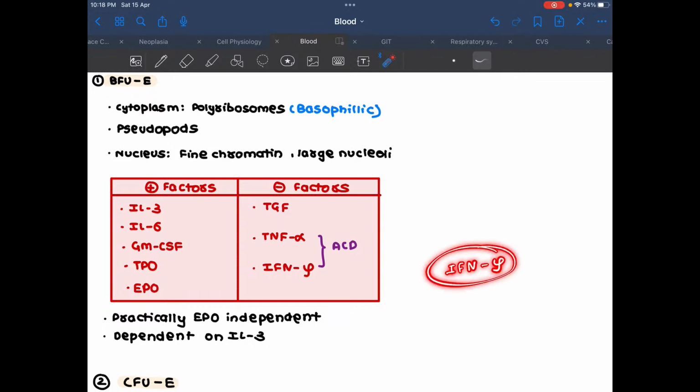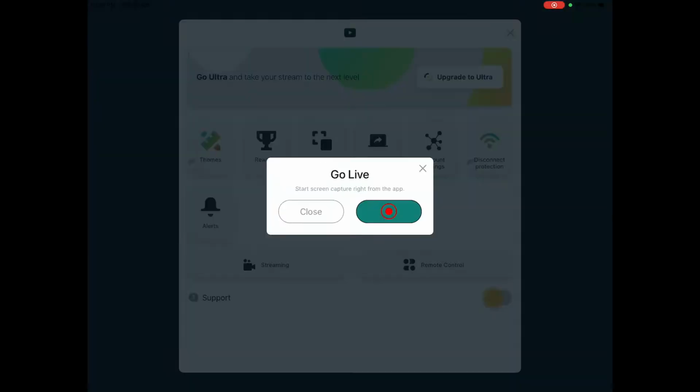T helper cells release interferon gamma, and we can have TNF alpha release as well, along with interleukin 1 and interleukin 6, which also stimulate the active phase of inflammation. So whenever inflammation is occurring, that's going to inhibit your CFUE, BFUE, right? So why is this relevant? Because we have something known as anemia of chronic disease. However, you might remember that in anemia of chronic disease there is something known as hepcidin also which plays a